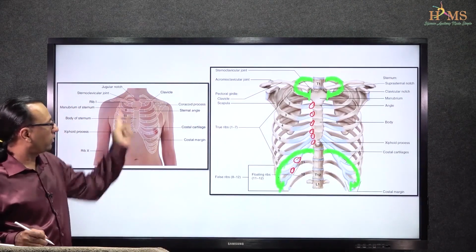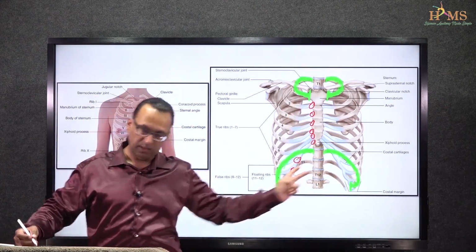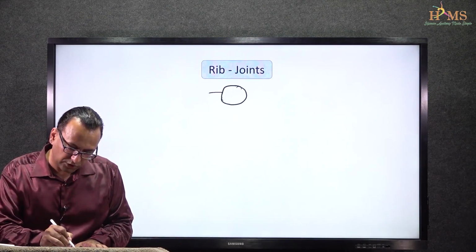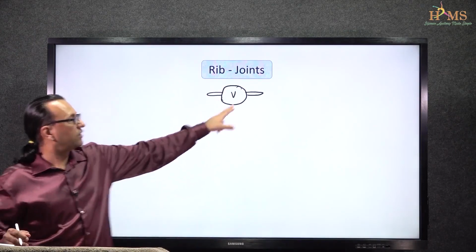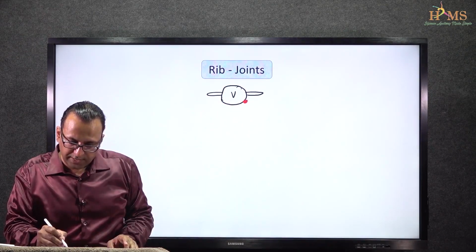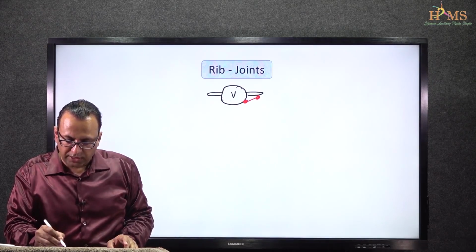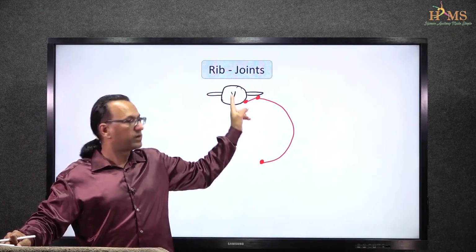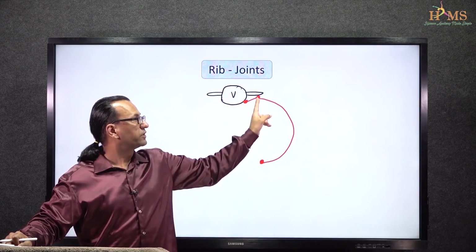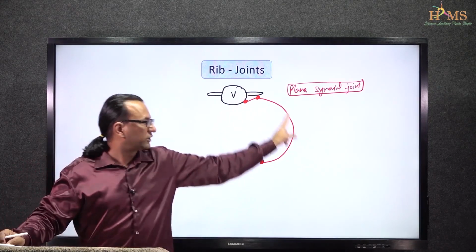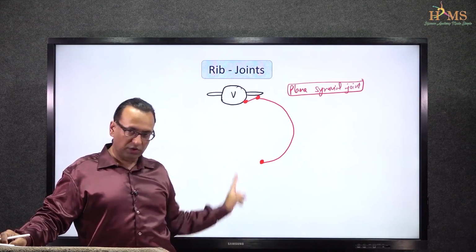And now you can draw the diagram for yourself as well. So on the posterior side, you show the vertebra here, and this is the transverse process of the vertebra. And then you can attach the rib at 2 points. The rib is attaching to the body as well as the transverse process and comes anteriorly. And the joints between the rib and the vertebral body or the transverse process, both are plain synovial joints.